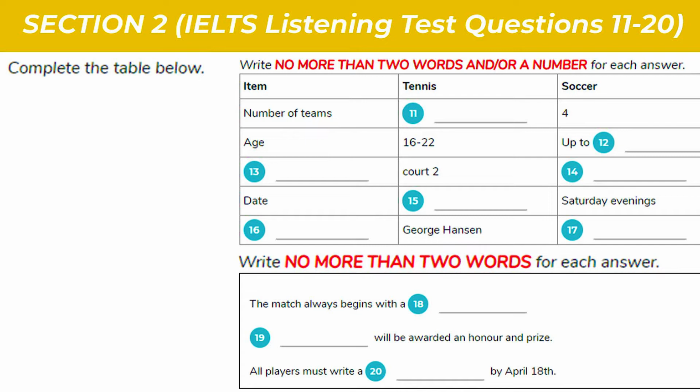And then, after the final match in the season, we will vote this season's MVP, the most valuable player. The 2 players from tennis team and soccer team will gain an honour and a prize from our sports centre. This season we hope all players can send a confirm letter to us to ensure our match arrangement. So please write to us before the deadline. It is on Thursday, 18th of April.